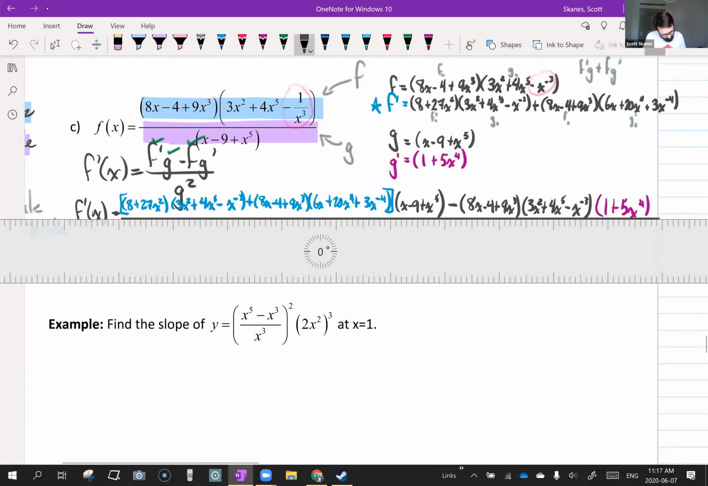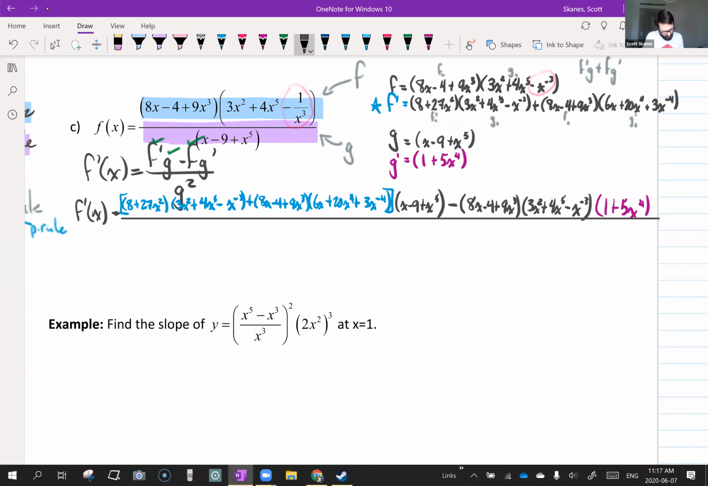All over the bottom squared, which you just need to rewrite the bottom and put a square on it. And that's the end. Have you ever seen an expression that big in a math course? I highly doubt it. That is probably the biggest that you've ever seen, but that's what some of these expressions